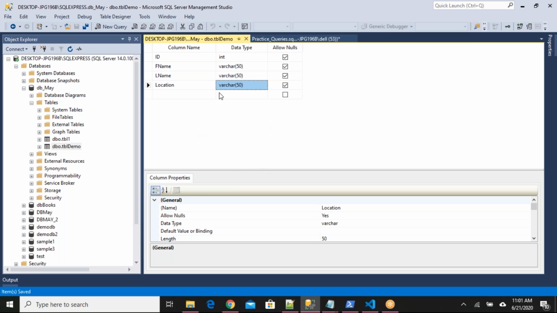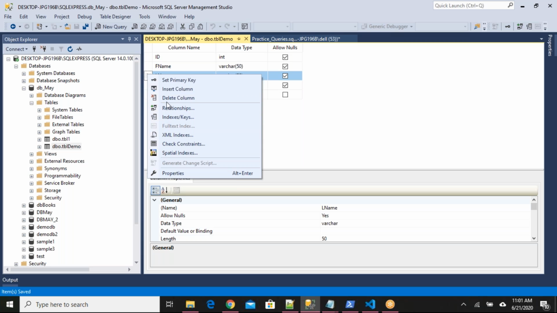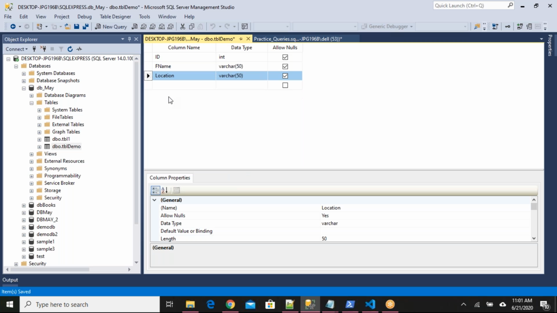This will add new columns. Or if I want to remove one column, I can just select it and say delete column. So I deleted the lname column. From the UI also you can make changes to your table.